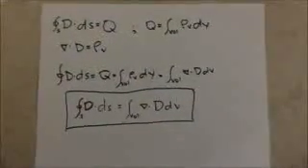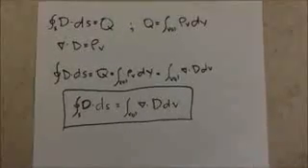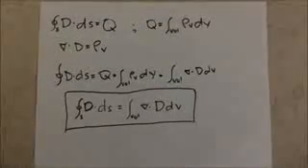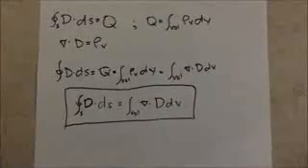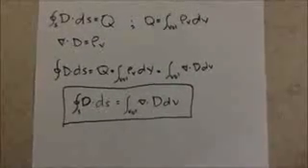The first and last expressions constitute the divergence theorem. The closed integral of D dot dS equals the integral of del dot D dv. Again, we emphasize that the divergence theorem is true for any vector field, although we have